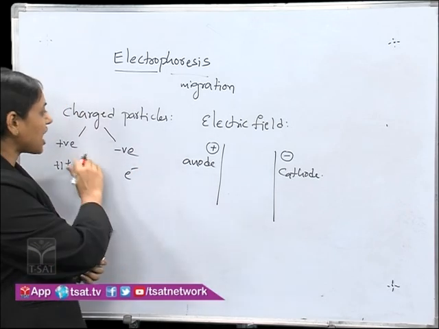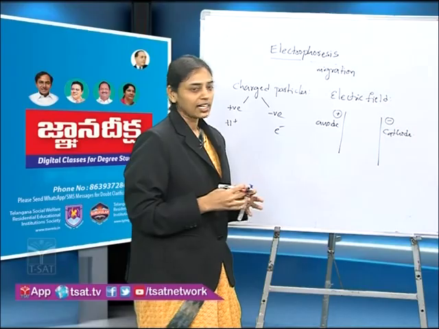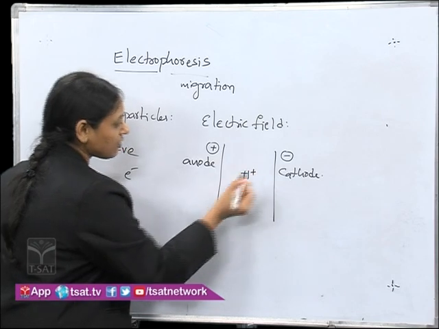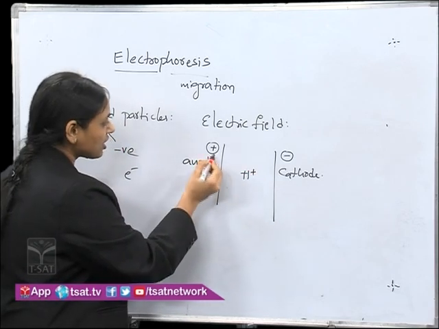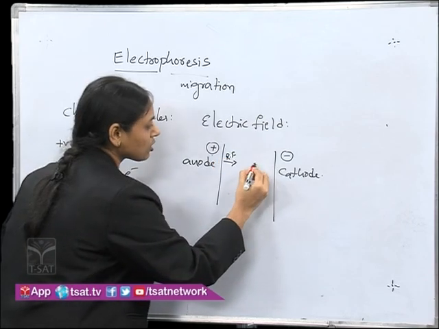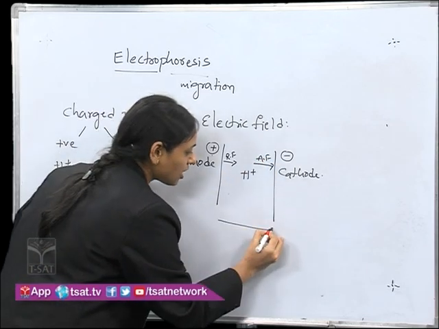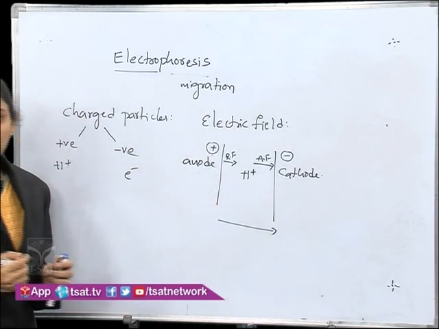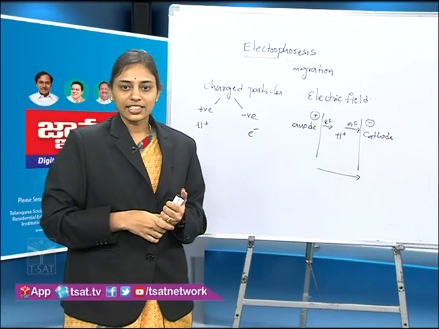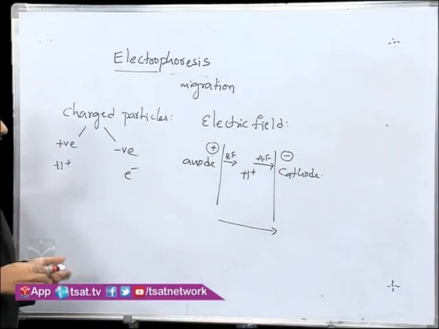If we place any charged particle in this electric field, the field exerts some force on the particle. For example, if we place a proton here, the proton is positively charged. So, the positively charged electrode exerts a repulsive force on it and the negatively charged electrode exerts an attractive force. Finally, this proton moves in this direction towards the negatively charged electrode. So, under the influence of an electric field, charged particles migrate towards either the anode or the cathode, and the speed of